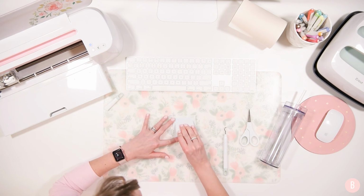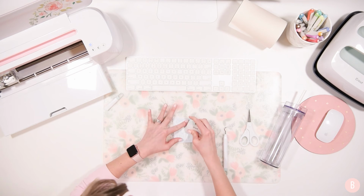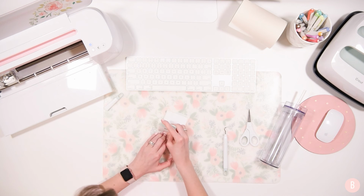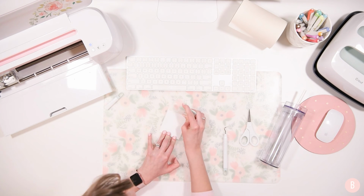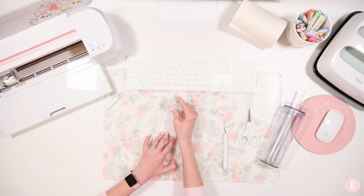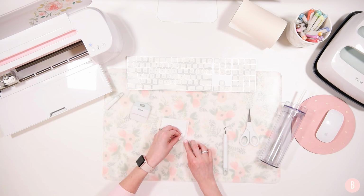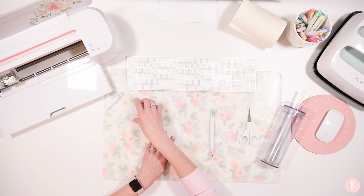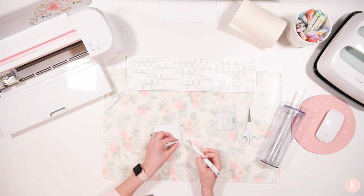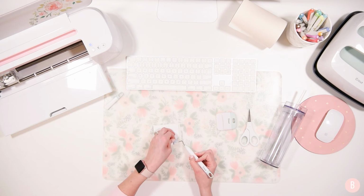So now I'm just going to take this scraper tool and really scrape that down onto the transfer tape. Turning it over just helps to repeat the process. That way it lifts really nice off of that carrier sheet, and you will be all good to go. See, that little piece doesn't really want to come up, so you can re-press it down with your scraper tool, and always keep your little weeding tool handy,